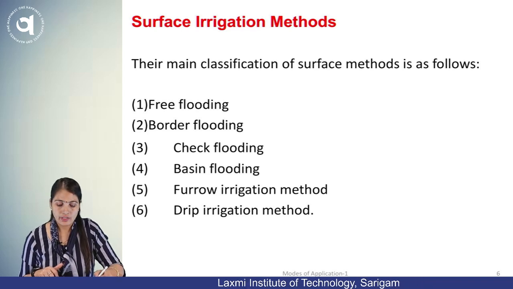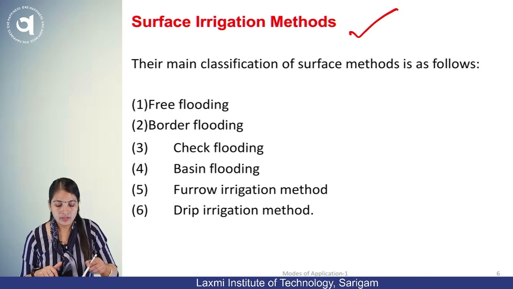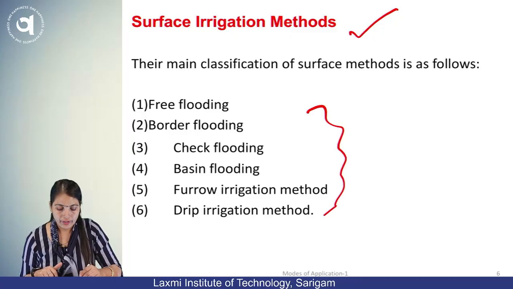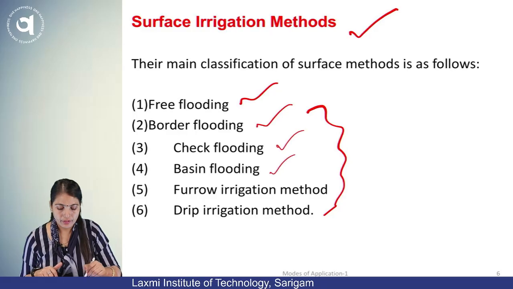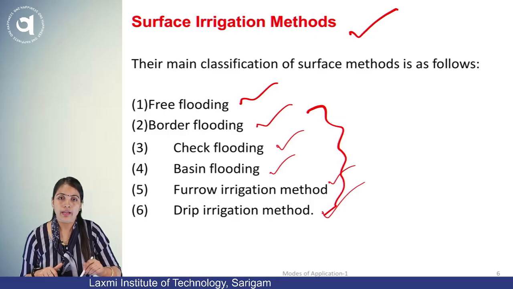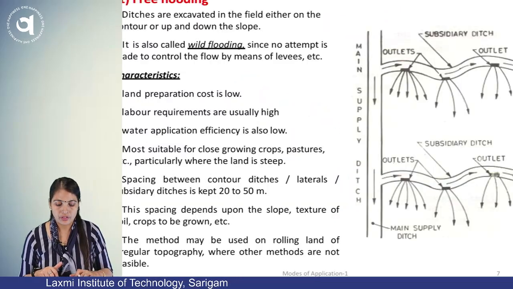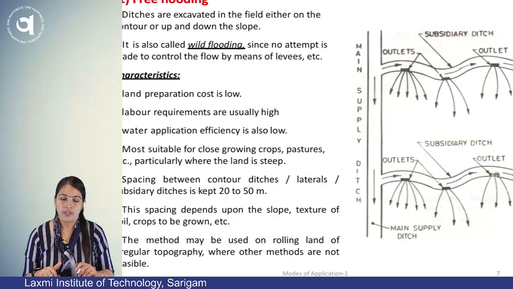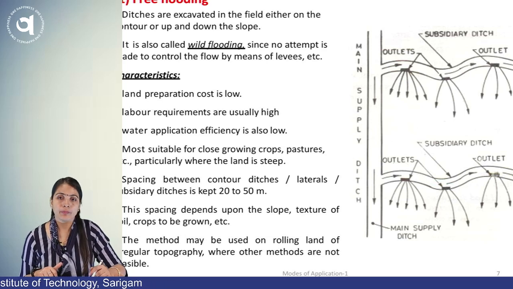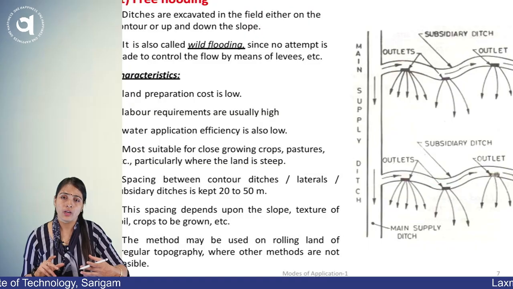The first is the surface irrigation method. Under surface irrigation, the main classifications are free flooding, border flooding, check flooding, basin flooding, furrow irrigation method, and drip irrigation method. These are all types of surface irrigation method. We will check these surface irrigation methods in detail. So this is free flooding. Free flooding means, here we have shown the diagram, and through the diagram I can explain. Free flooding means wild flooding, where you don't have any scarcity of